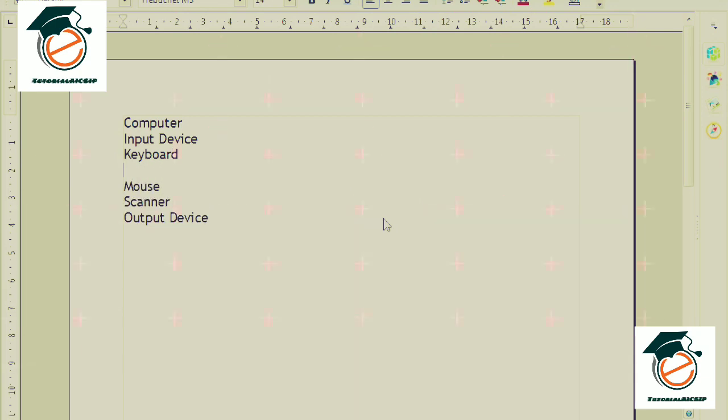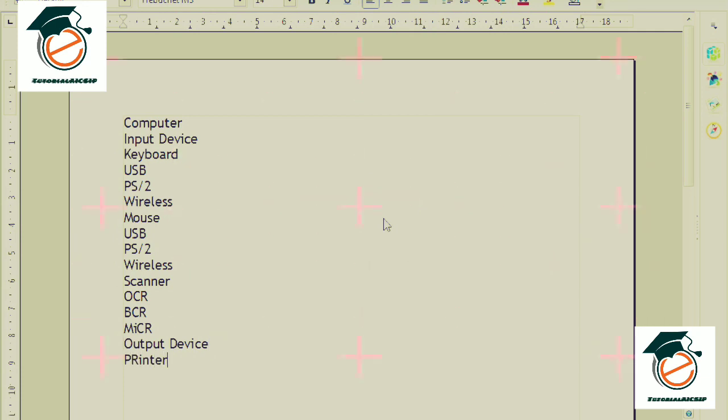USB, PS2, wireless. In mouse also similar types are there. Scanner: OCR, BCR, MICR. Output device: printer, monitor. In printer: dot matrix printer, laser printer, inkjet printer. Monitor,